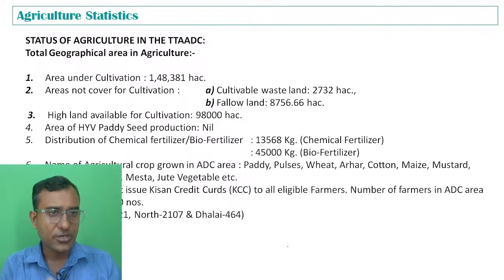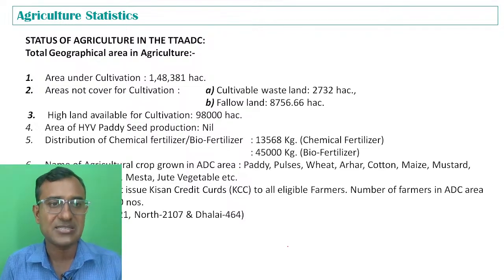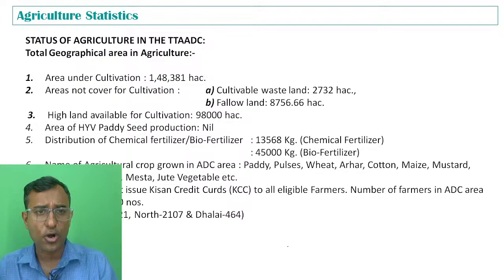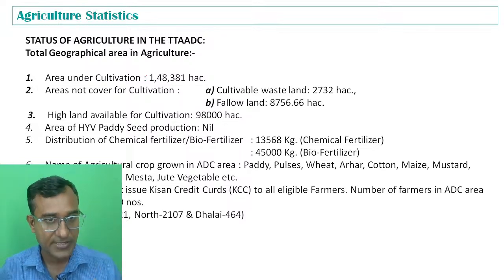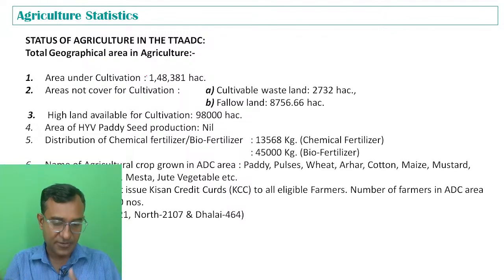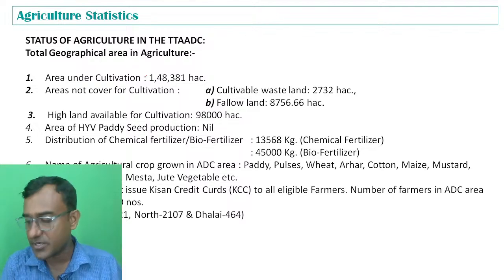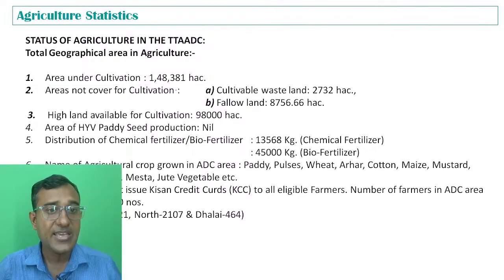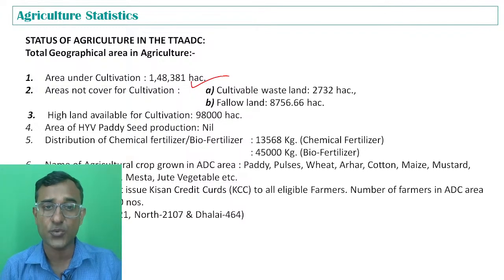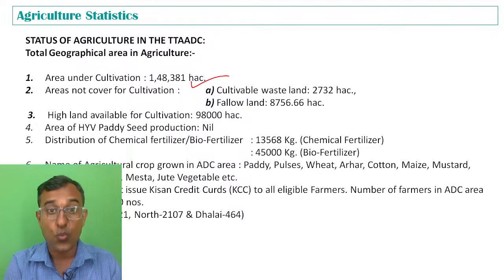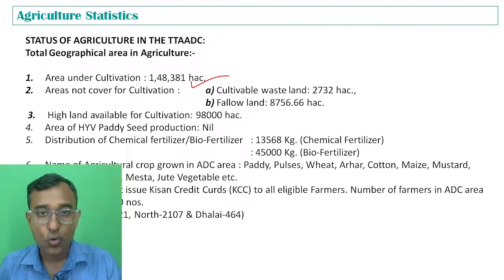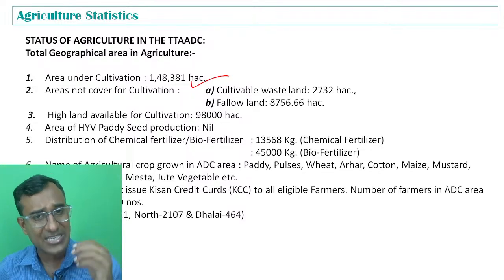So if I talk about the agriculture statistics, the most important statistics only we'll talk about, and most of the data we have taken from the TTAADC website. We have used different things, and we created this information for you. So one thing is area under cultivation, that is 1,48,381 hectare. If we talk about cultivable wasteland, that means how much land is cultivable, but